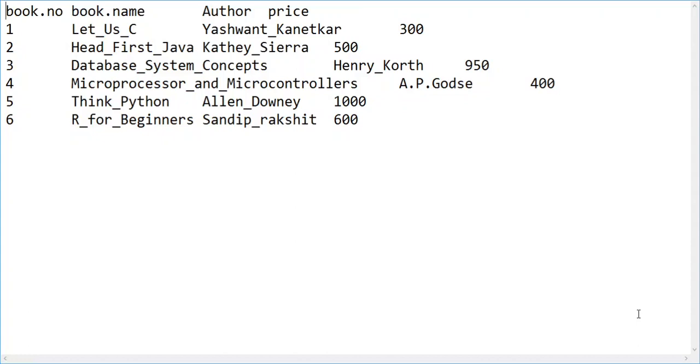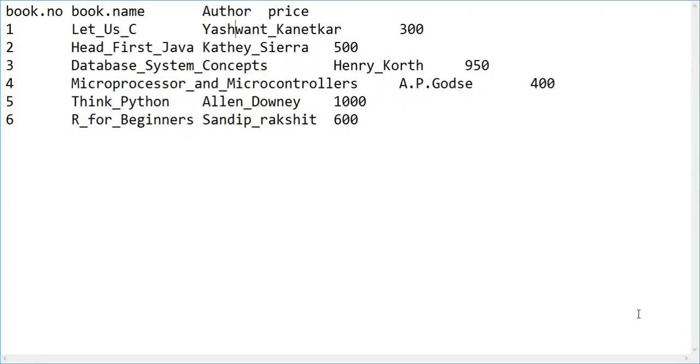Now if you carefully look at the names of these books, the values of this book name column, here all the words of this book name are concatenated by using underscore. So while importing text file into our environment, if the value of any column consists of multiple words, like here book name consists of multiple words, a single author name consists of multiple words, then we need to concatenate those words together.